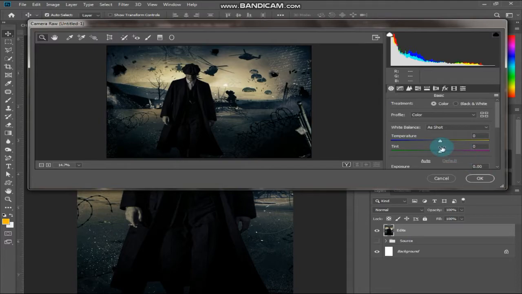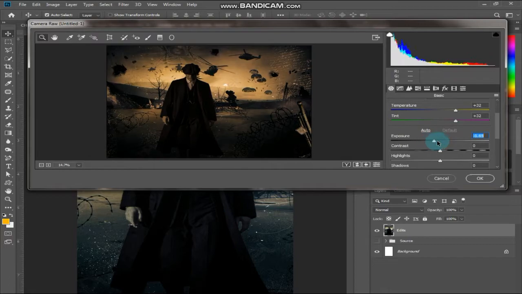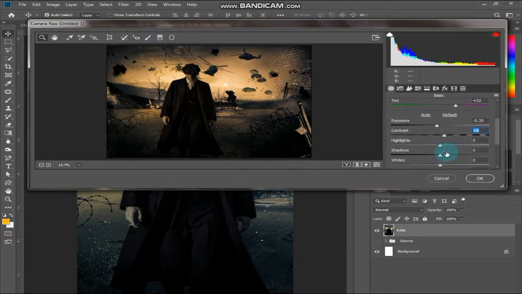Okay, it's here. So I'm thinking that it will not give too good a look in bluish color. Instead it will give a good look in something like pale yellow, because the pale yellow will give something like a 1920s look. So for it I am going to add a little pale yellow color. Yes, it's looking a bit like a movie poster. Little dark, not much. Increase contrast a bit.